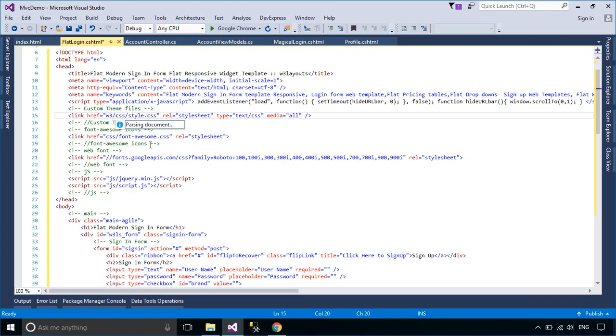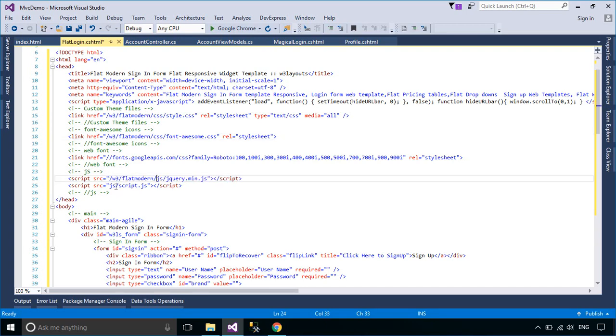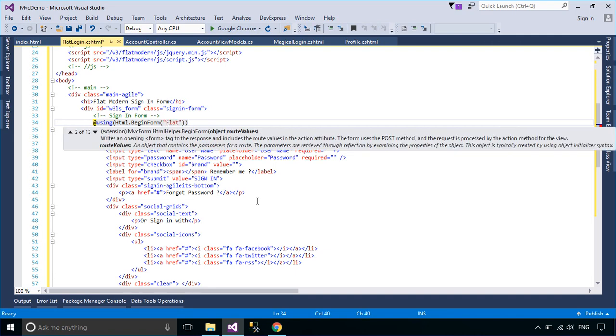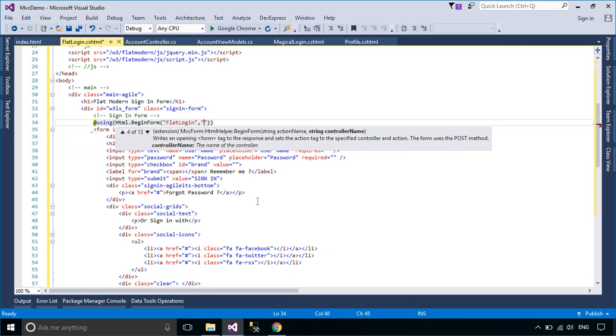You need to include the CSS and JavaScript files to your login view, then change the HTML controls to the ASP.NET MVC controls. You can use the BeginForm method to create a post request for the flat login action.